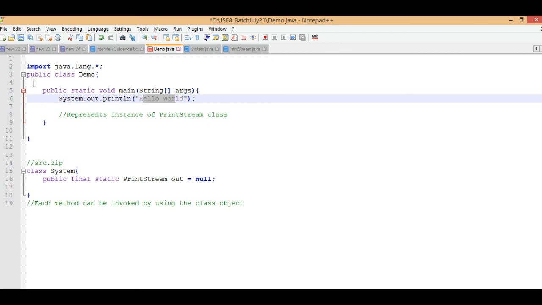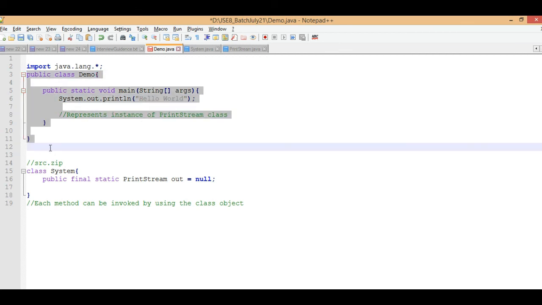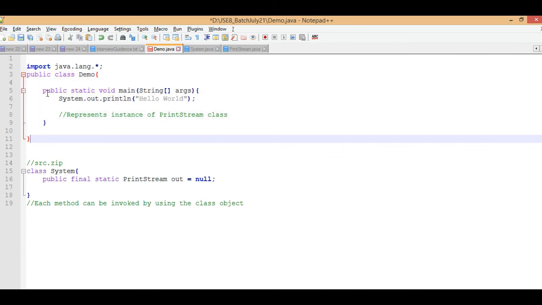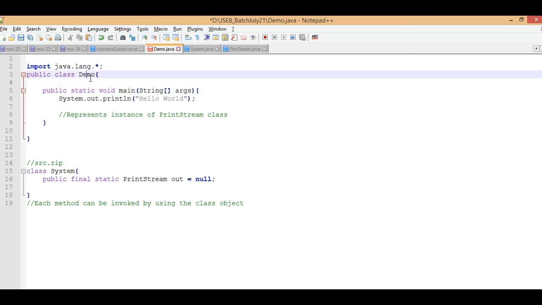So I am repeating again, this is the class declaration, and the main method is public because the JVM will access this method. Static means the main method can be directly invoked using the class name, because this method is static. So static methods can be invoked using the class name.